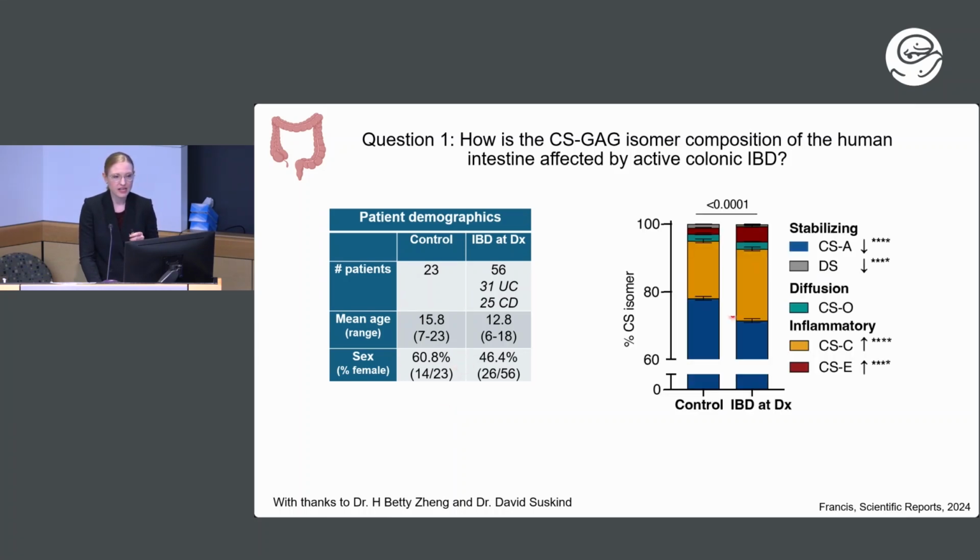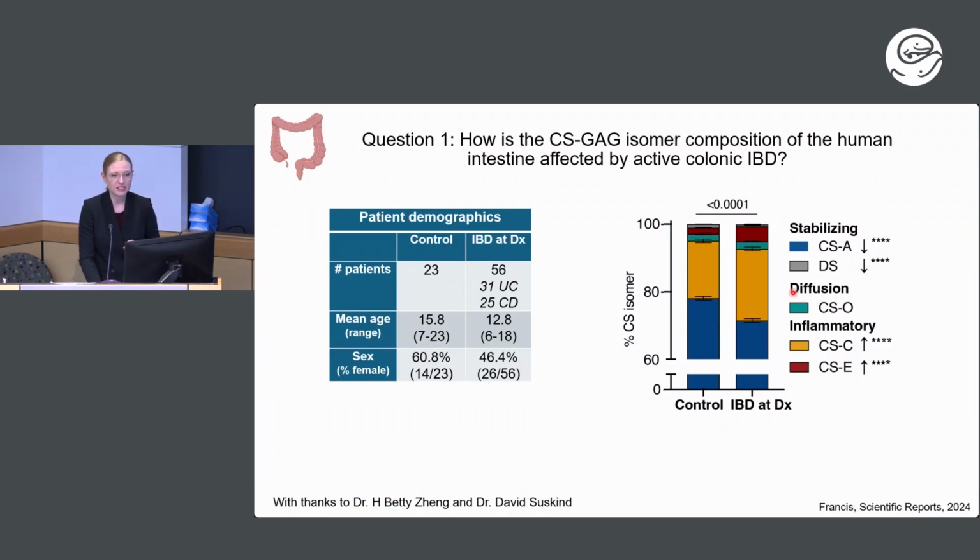So here are their CS chondroitin sulfate isomer profiles. Keep in mind that each isomer here is listed as a percentage of the total CS GAG content. That's just with the method that we use, we get a percentage of the total, because each biopsy has a slightly different area, so we're not able to as well quantify the total abundance. So we're looking at relative abundance here. And this key breaks down the general function of each isomer. CSA in blue is by far the most abundant.